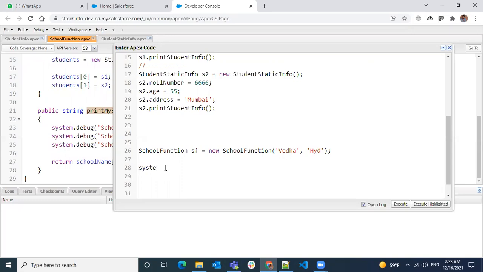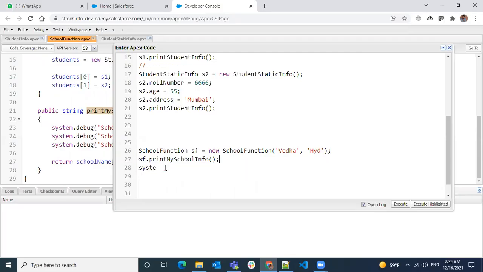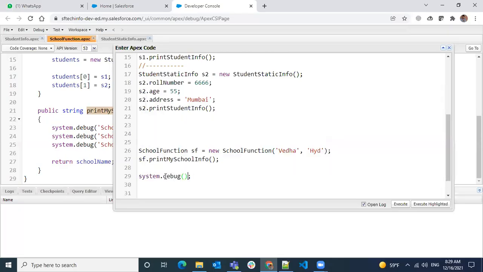Usually I will call it as sf dot print school name, but I don't know what happens to it. It can return a value or not return a value. I'm not capturing it. If I want to capture it, I'm going to use system dot debug just to see the value it's going to print. Return value from print method.